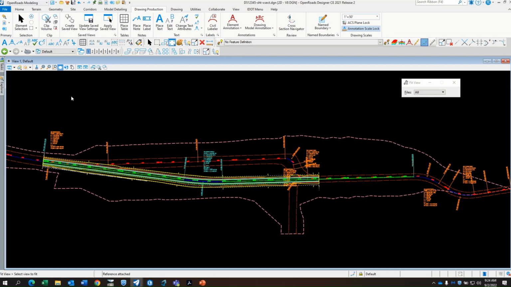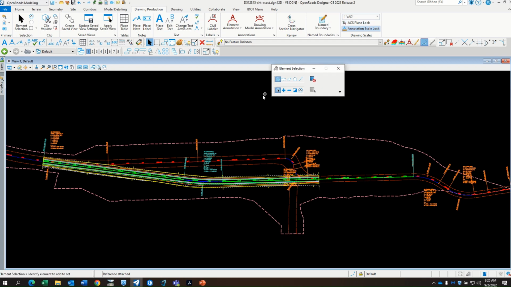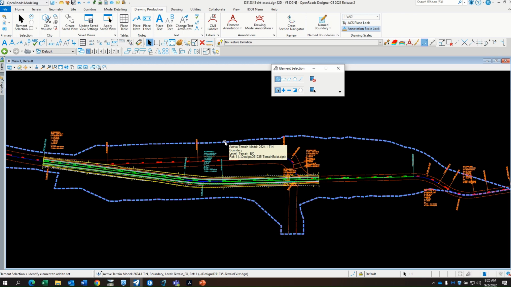And remember that we said that there has to be something in the 2D that has a Z value, in order for it to know to create that 3D model within the 2D file, right? And so one way of doing that would be, and something you need to do anyway, and that is when you bring in your existing terrain model. And remember, we said it's better to use that first button where it says new, because then when I hover over, click it one time,